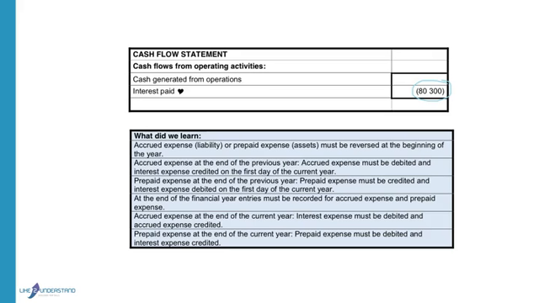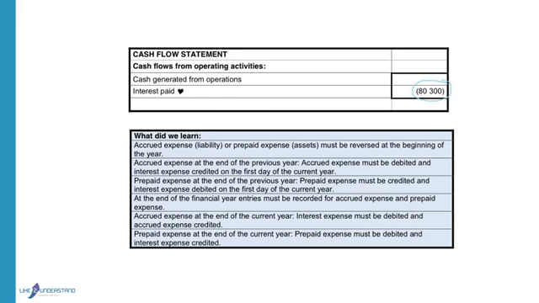So included in this 80,300 is the accrued expense of the previous year that caused the outflow in the current year. It is the expense for the current year that caused the outflow, and it also includes the prepaid expense for the following year. So the main thing is to remember that in the cash flow statement, you don't look at the figure in the income statement, your actual expense for the year. You want to see what was the outflow of money as a result of interest.